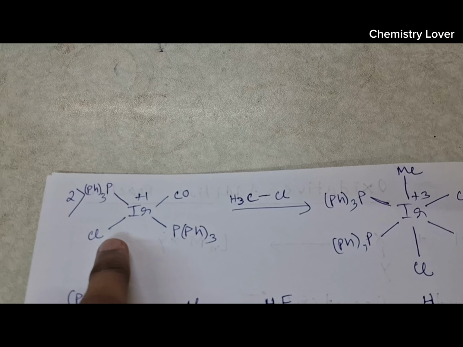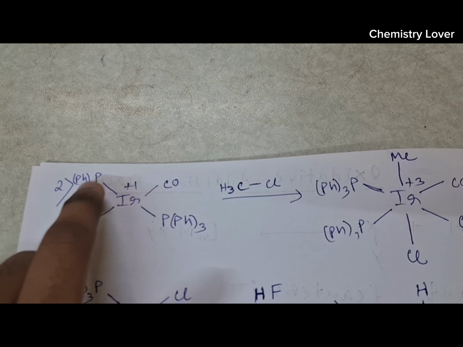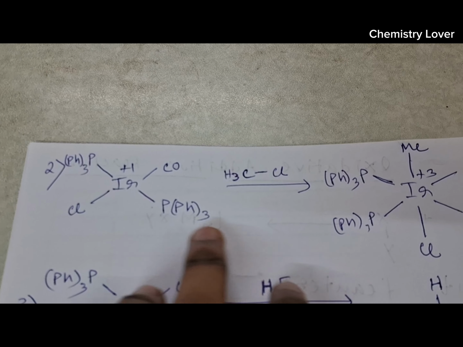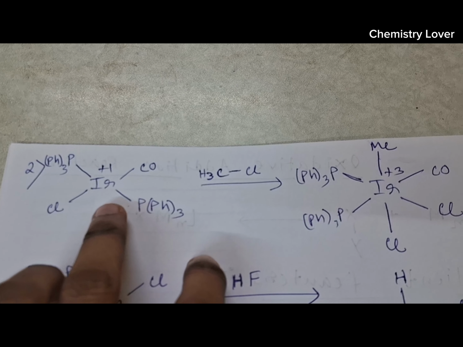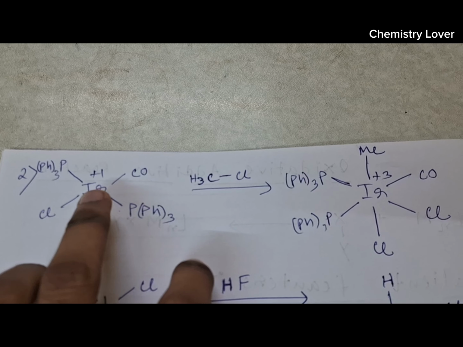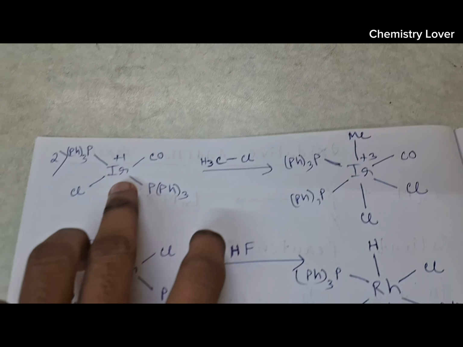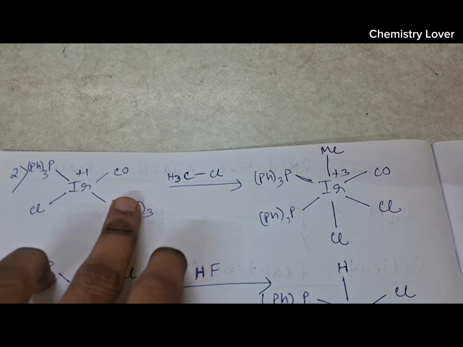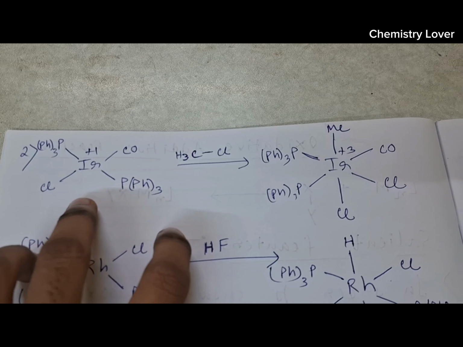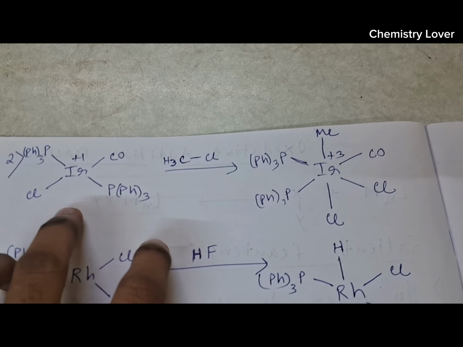Here the coordination number is again 4, ligands present directly with the metal center, and the oxidation number of the metal is +1. The oxidation number of the metal center increases from +1 to +3, and the coordination number similarly increases from 4